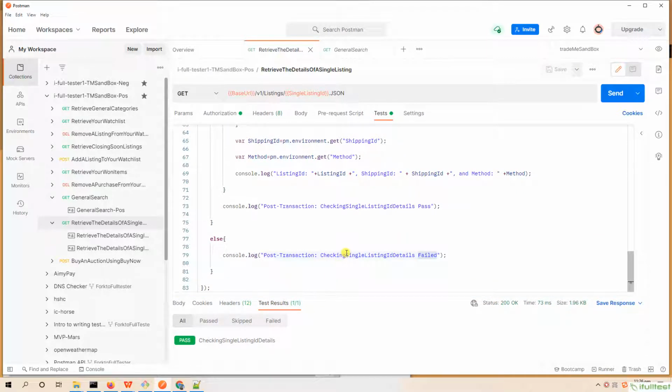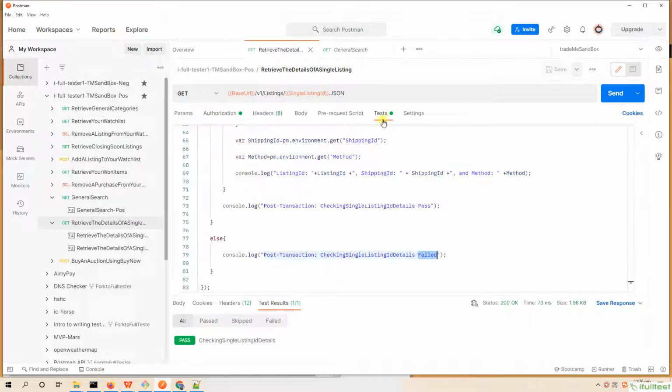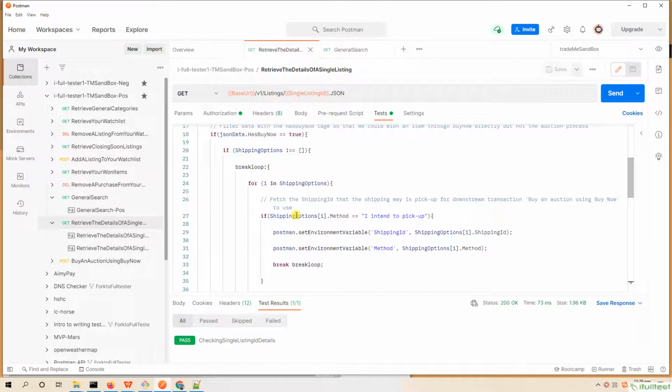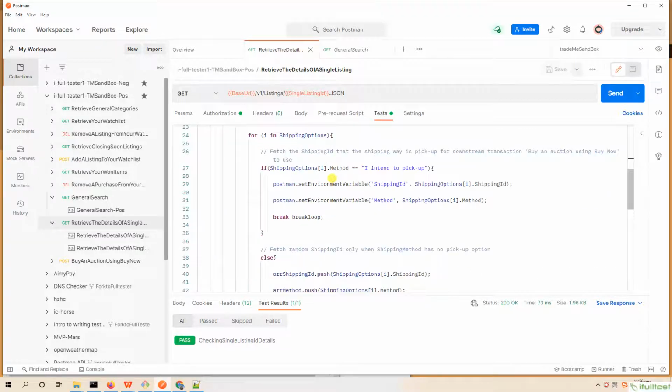First, we assemble the request with authentication information. Second, we filter response data with the hasByNow tag. Third, we set the strategy for choosing the shipping ID and method.